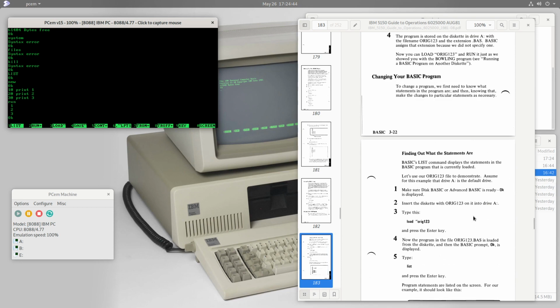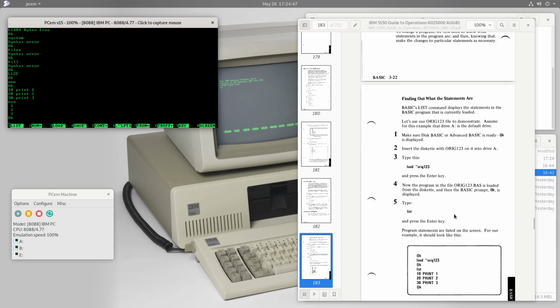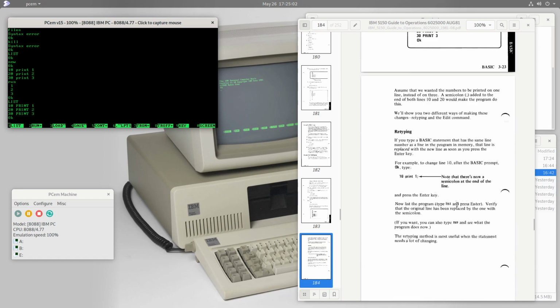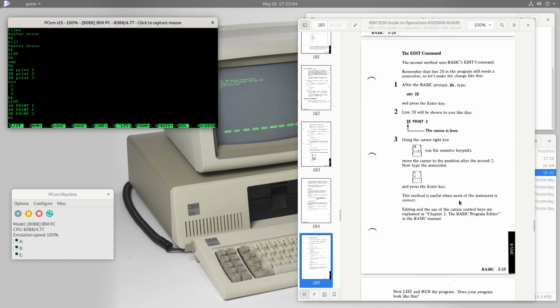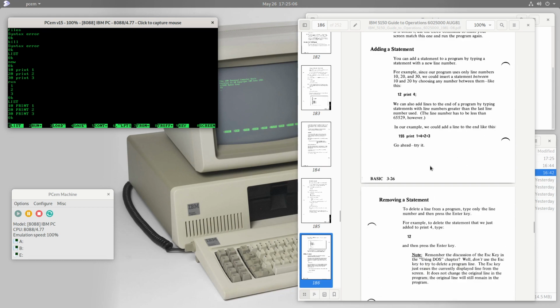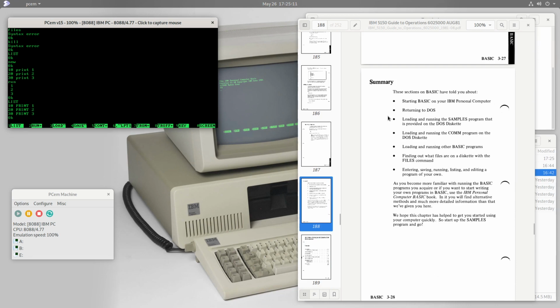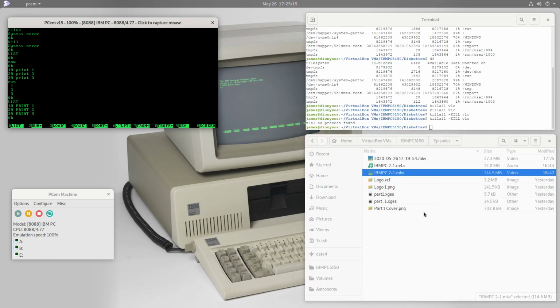We can change the program and have it do something else, or we could list everything that we've printed so far. So that shows us the program. Notice that BASIC converted all of these keywords to uppercase. So BASIC is essentially entirely uppercase, including variable names and all that. All right, and so this gives us a basic overview of what we can do in BASIC. But once again, this is not a BASIC manual, this is just a guide to operations. So if we want to understand more about programming in BASIC,